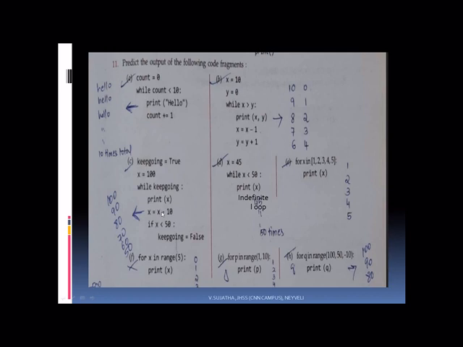Now, whenever X becomes 40, 40 less than 50, yes, condition is true. That time keep going equal to false. That means you are changing that variable by assigning false as the Boolean literal. So now it is coming over here. Now the keep going, what is the value of keep going?